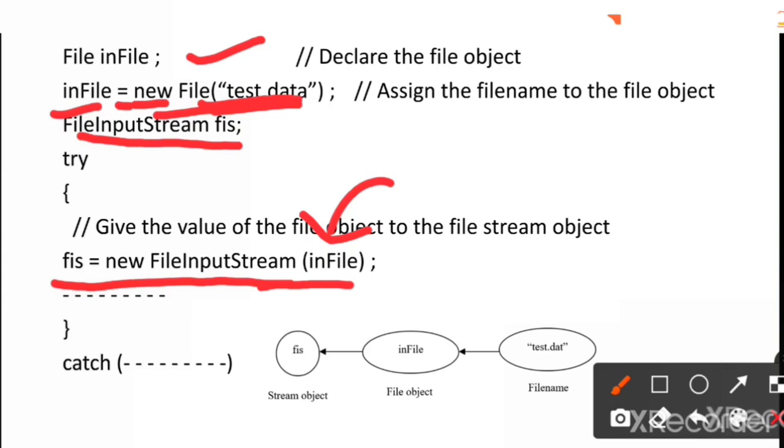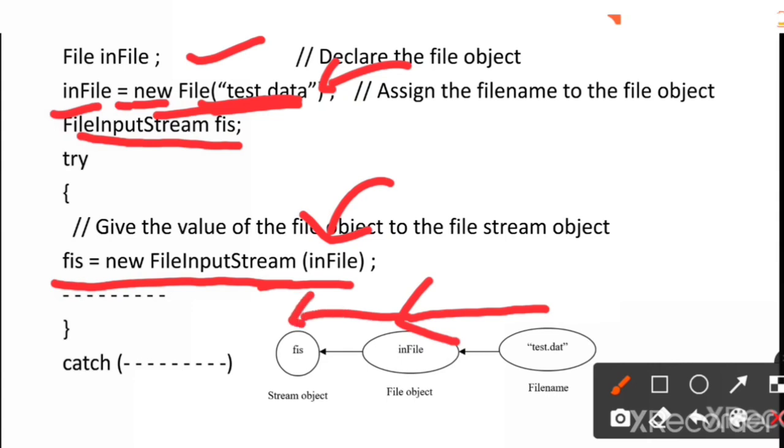Okay, here we have already linked that file to the input file object. So that is the indirect approach. See, we have created a file and that file has been linked to the file object, and the file object is linked to the stream object.